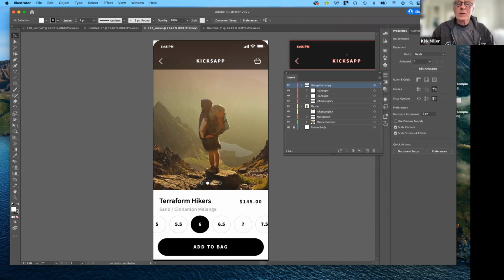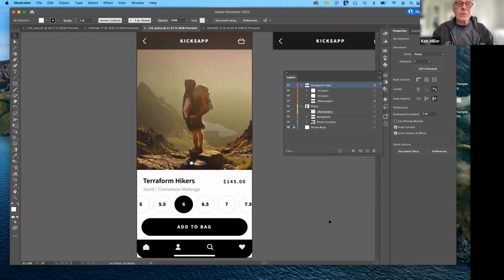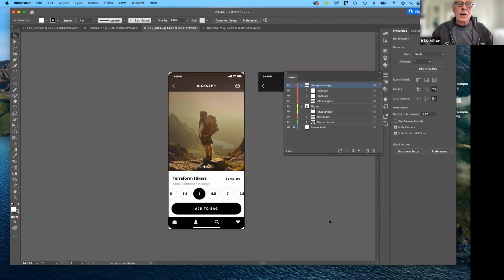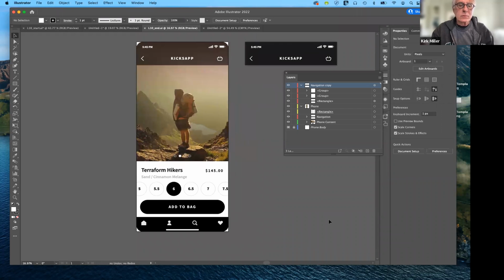Okay. So what we're looking at on the screen right now is a mock-up for an app that we would see on a phone, maybe to purchase shoes. This is hiking shoes. It's a nice looking app, but if we look, this is what the finished one looks like. And when we close it up,